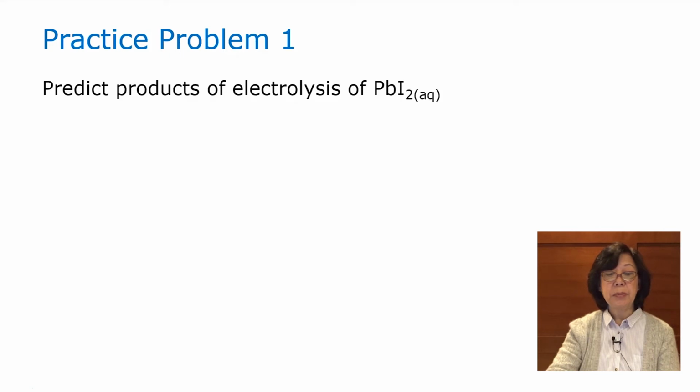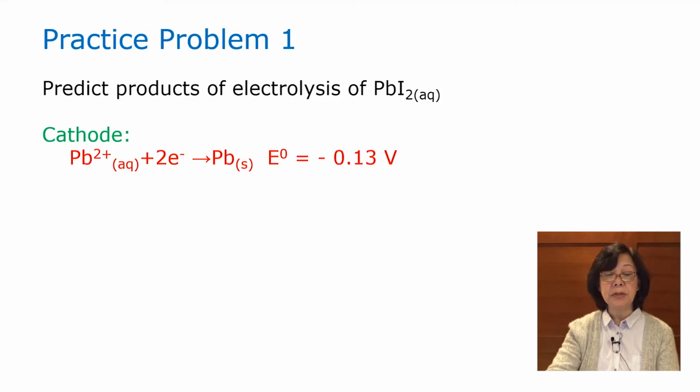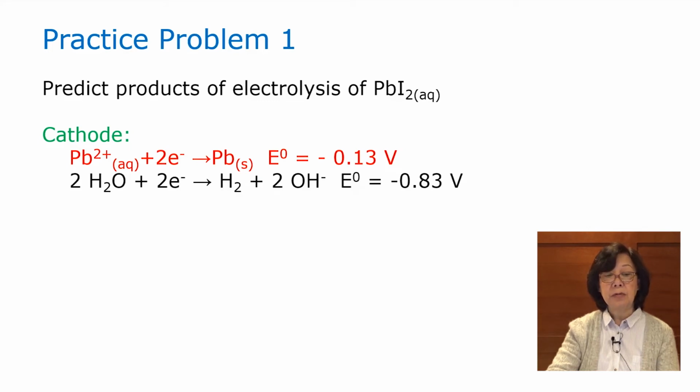Try practice problem number 1. Predict the product of electrolysis of lead iodide aqueous solution. Now at the cathode, there are competitive reductions between the lead II ion and water. Because the reduction of lead II ion requires a smaller negative cell potential, therefore the lead ion will be preferentially